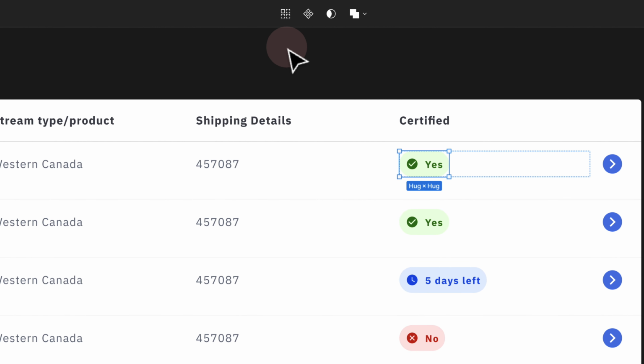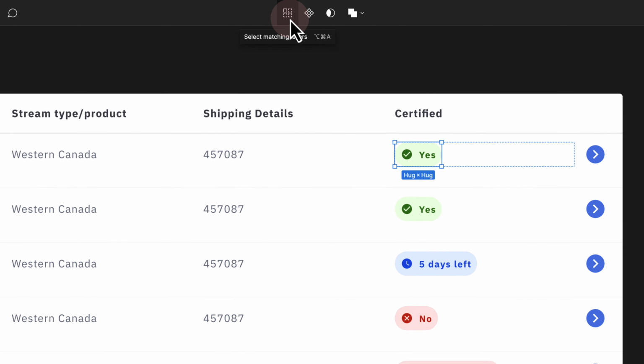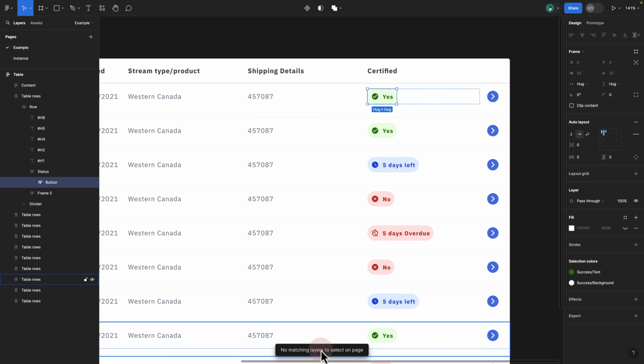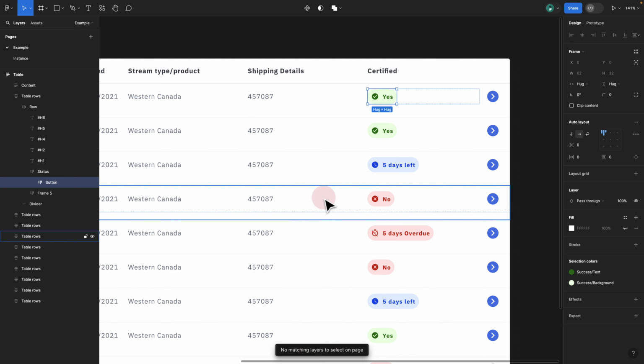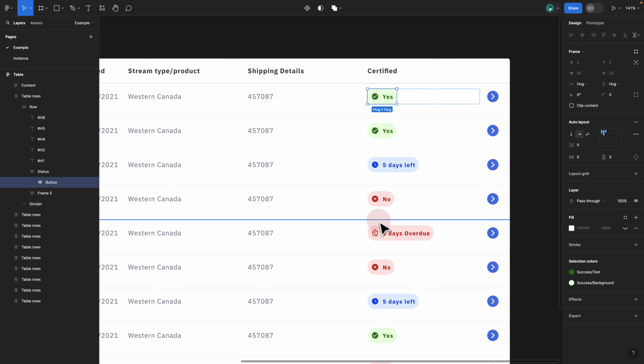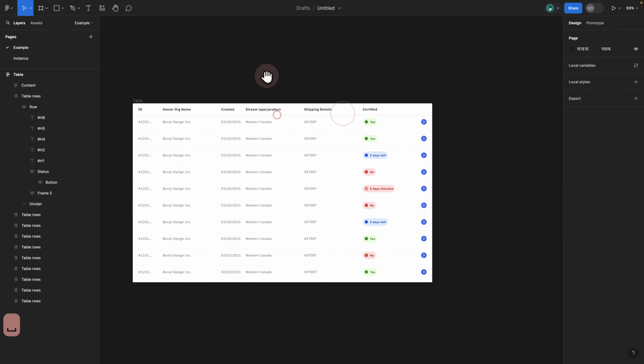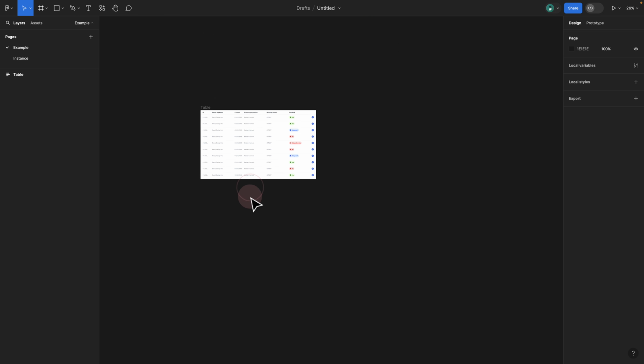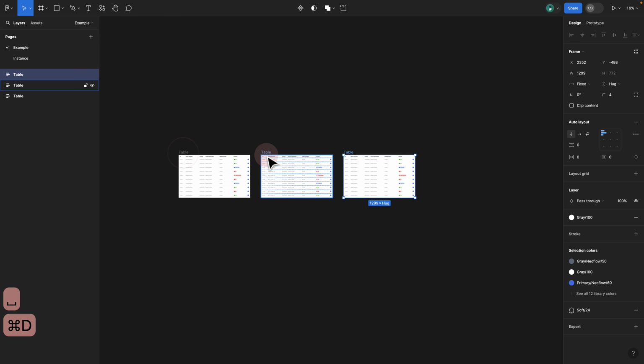If I try to select that, you see Figma has the option for you to select all the matching layers. If I go ahead and select that, Figma just tells me that there are no matching layers selected, even though you can see clearly that we have multiple matching layers selected on our table. So this behavior usually occurs if I collapse all my layers,